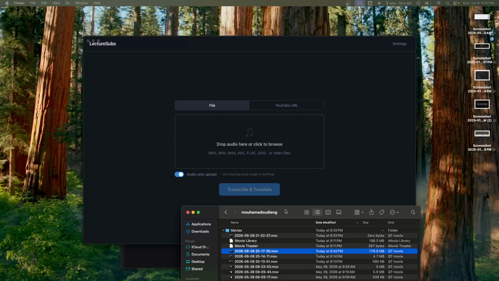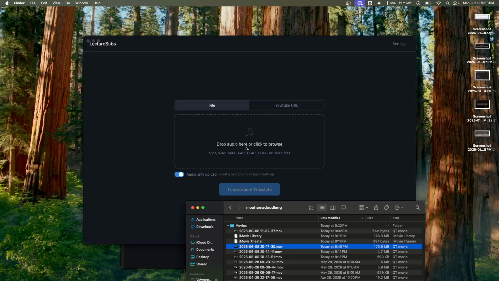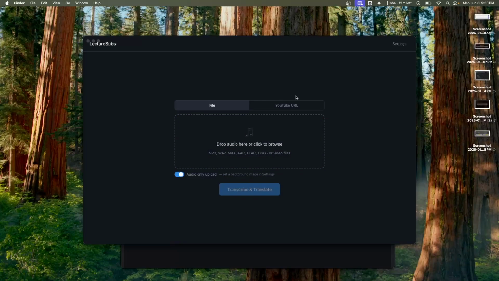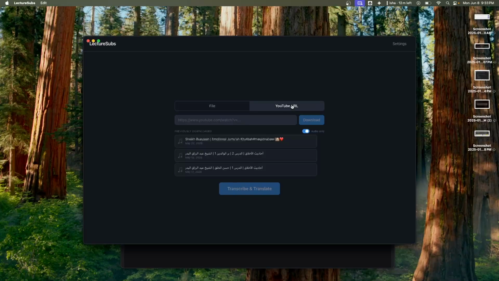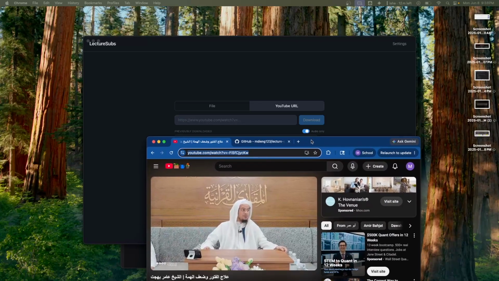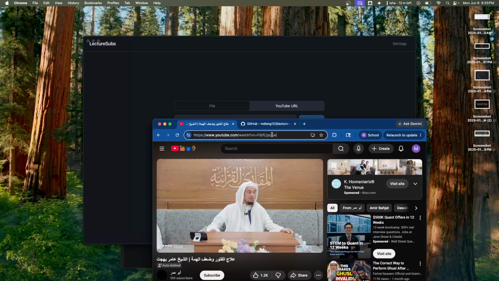you can also upload screen recordings by dragging the screen recording onto the box like so. And then you'll get to the same place. Reason why I'm not doing it is because we're gonna demo this whole thing with just one video, and for that I want to demo it with the YouTube functionality. So just grab any YouTube video of your choice, get its link,